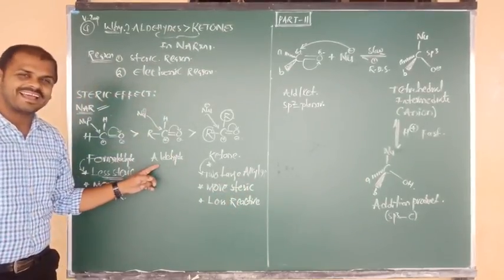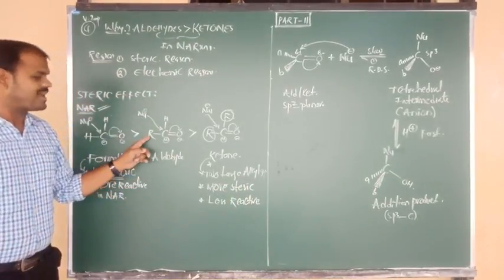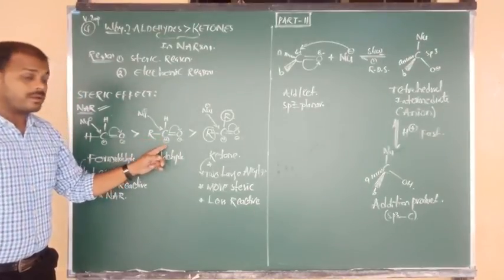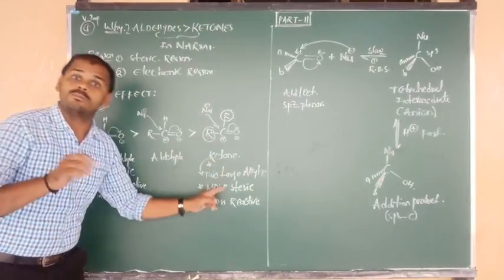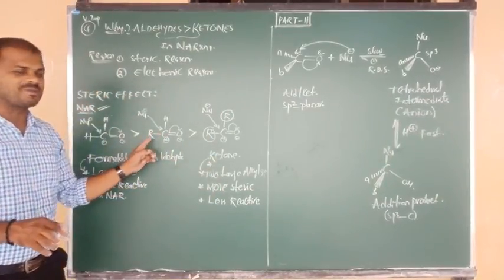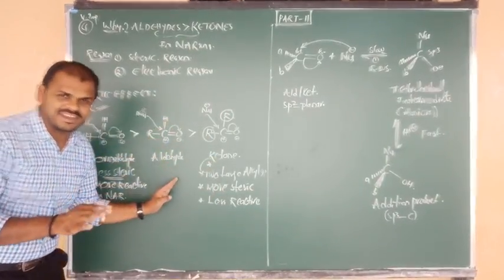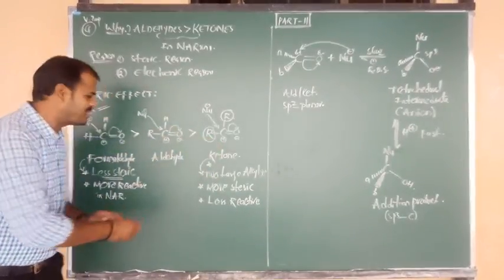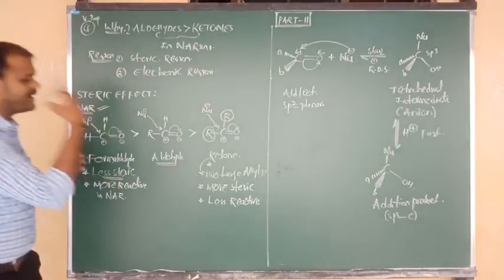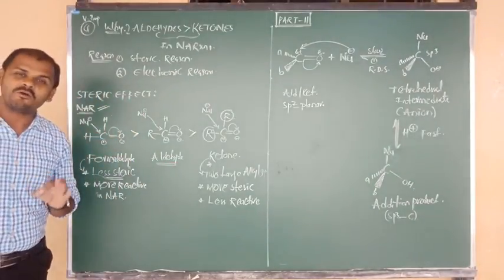But what is in the middle? The aldehyde group is there. Here, around the carbonyl carbon, two H atoms are there, steric free. On the ketone side, two alkyl groups are there, more steric. But in aldehydes, one side is an R group and the other side is an H, so a little bit of steric hindrance may be there. That is why we have to write them in the middle, between formaldehyde and ketone. All other aldehydes we have to write right in between them only. I hope you understand.